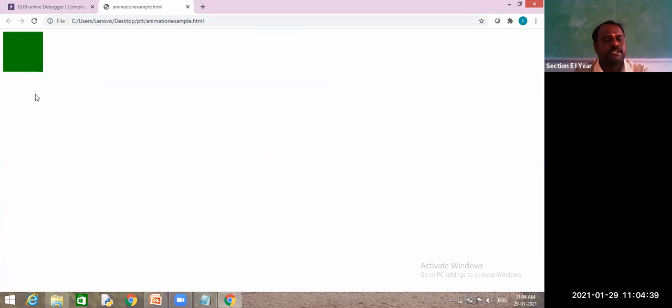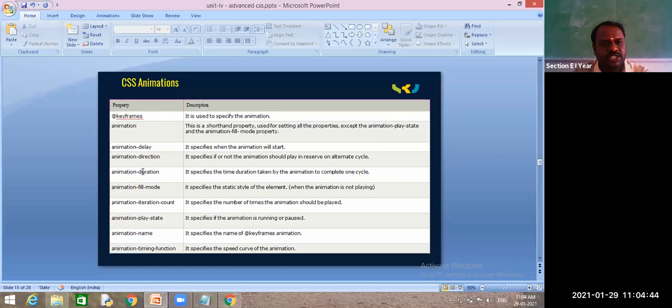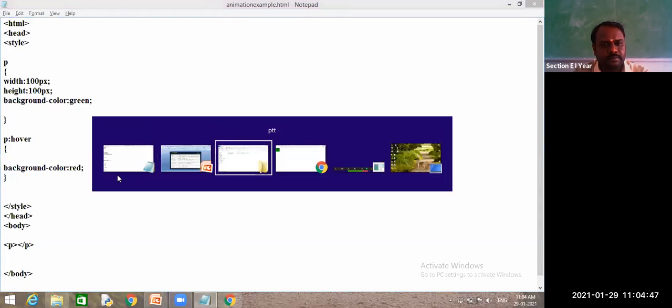Yes. See, what did you observe here? Is it immediately changing or waiting some time? When my mouse moves onto this one, is it immediately changing, or is it changing for some time? Immediately changing. So this kind of changing animation we have seen, but this color change we don't want to apply immediately. For some time it should apply.